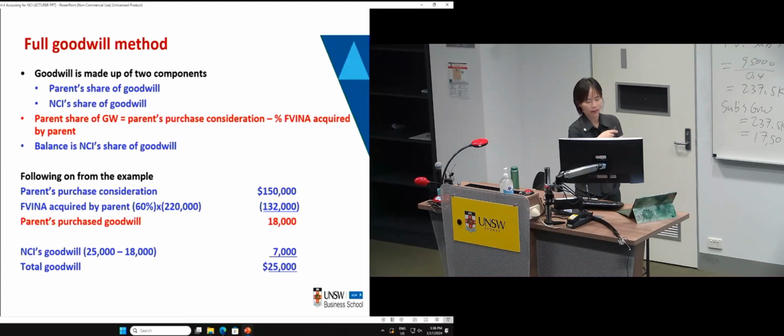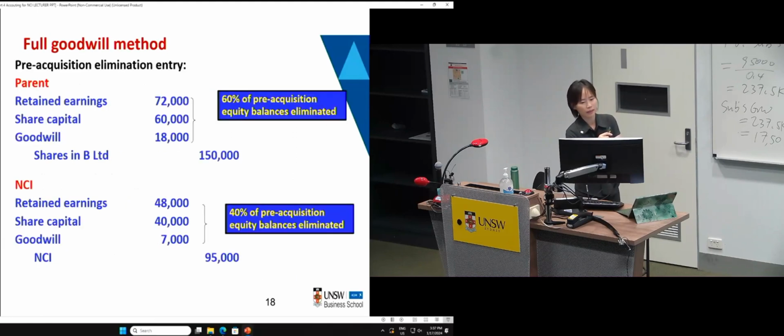So if you are interested, you can have a look at these calculations, but you will get the same result anyway. Now, if the question only asks for the total goodwill, your answer is 25,000. If the question asks for the goodwill acquired by the parent company, it should be 18,000, right? If they ask for the goodwill that should be allocated to NCI, then the answer is 7,000. You can see for this one question, there might be different requirements. So when you read through the question in your assessment, be very careful with the requirements. So what is the requirement in the question? Now, any question, feel free to ask, let me know, okay?